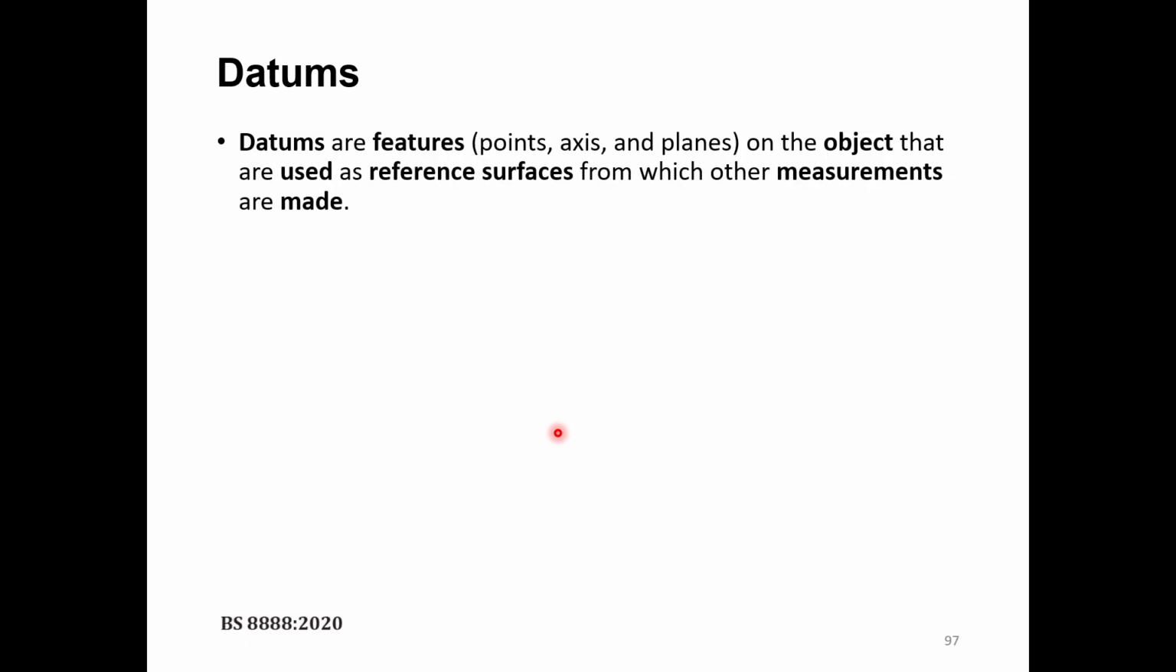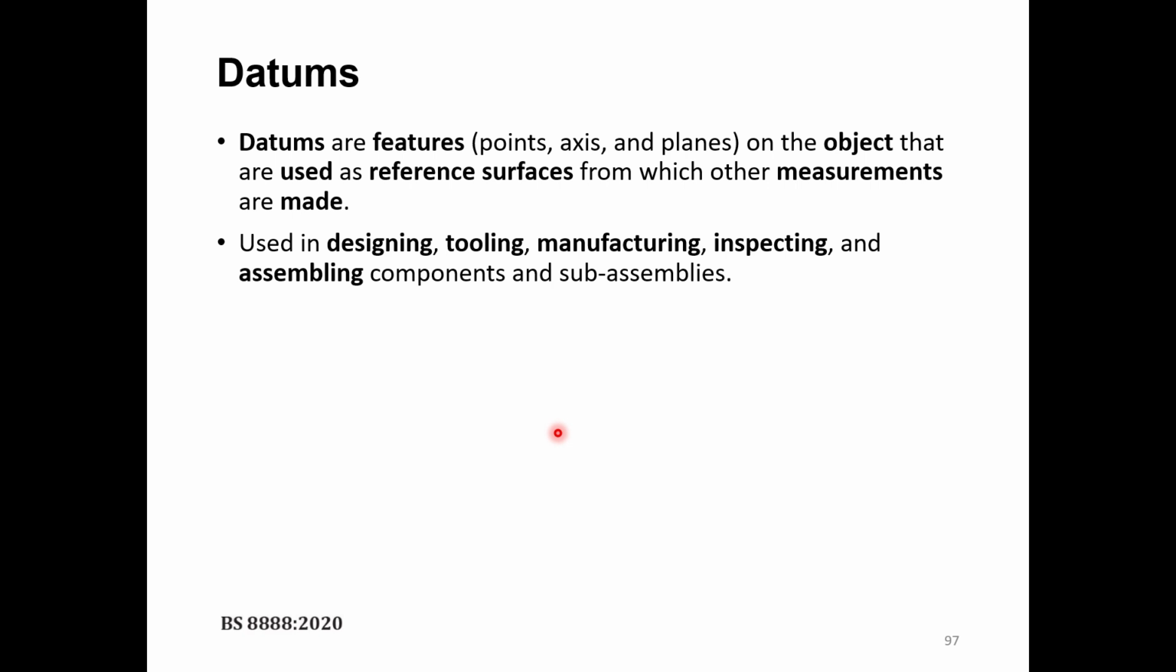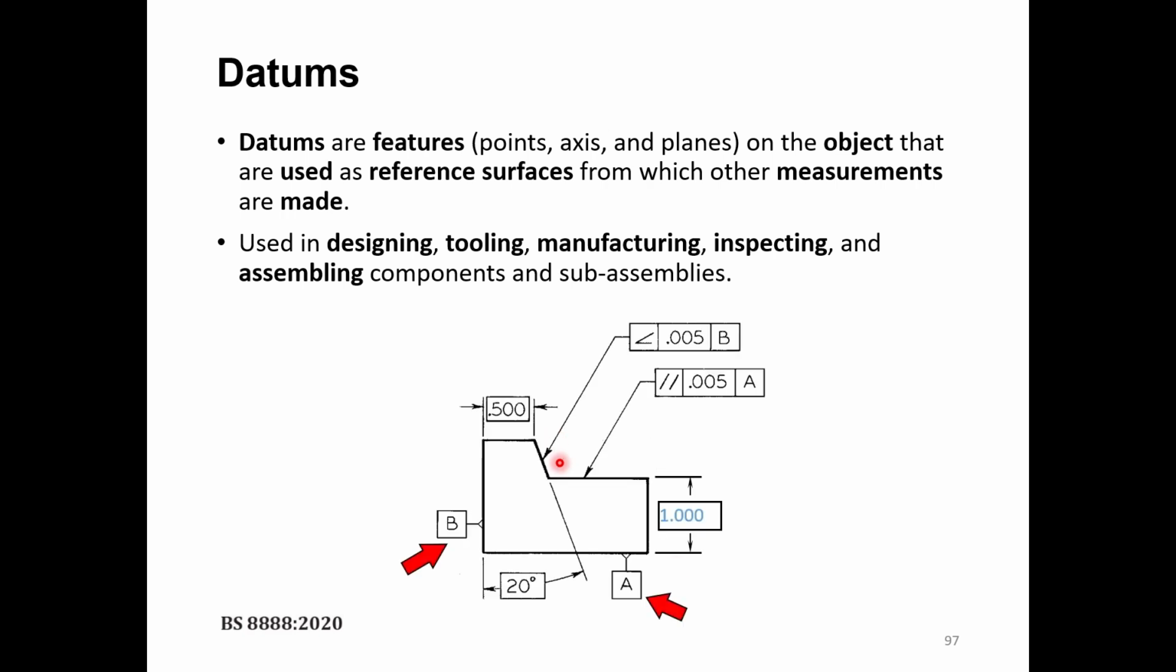Datums are features such as points, axes, or planes on the object, and these features are used as reference surfaces, reference points, reference axes, or reference planes, from which other measurements can be made. So the reference frames or datums are used in designing, tooling, manufacturing, inspection, assembly, and all those processes. So this drawing here shows you the